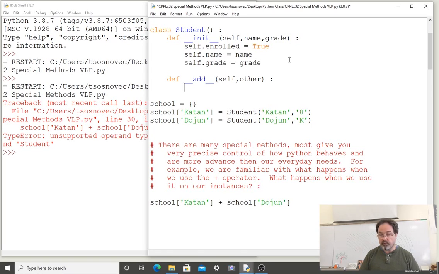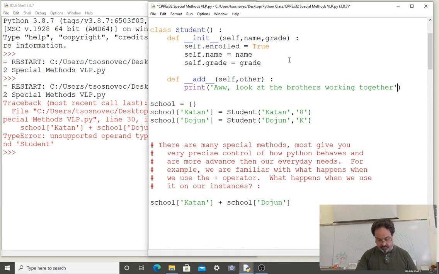What we're going to do is, instead of writing an error, our program will now use this method, and we can make our method do anything we wish. And what we're wishing to do is simply print this line. Now when we run our program,